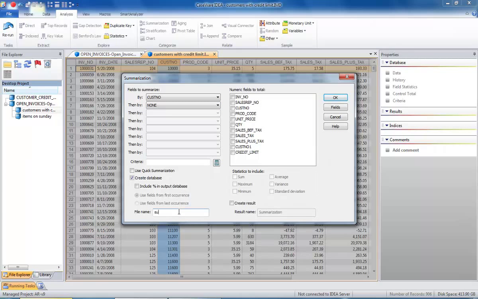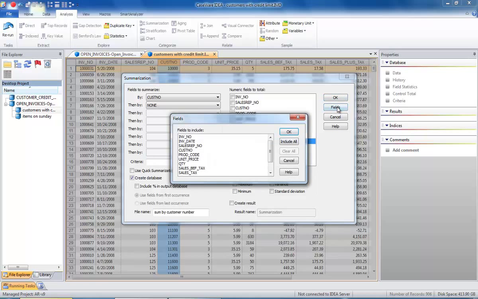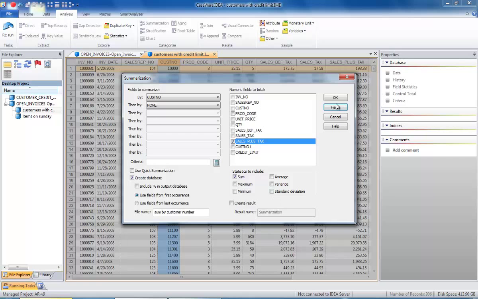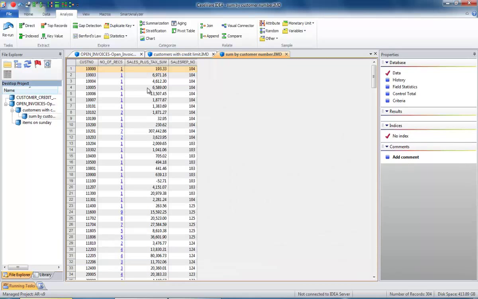We want to give it a total sum by customer number. We want to total on the total amount of the invoices, sales plus tax. We can grab a lot of additional information, but to run this test we just need the sum. We can add the sales rep number to the output, hit OK,